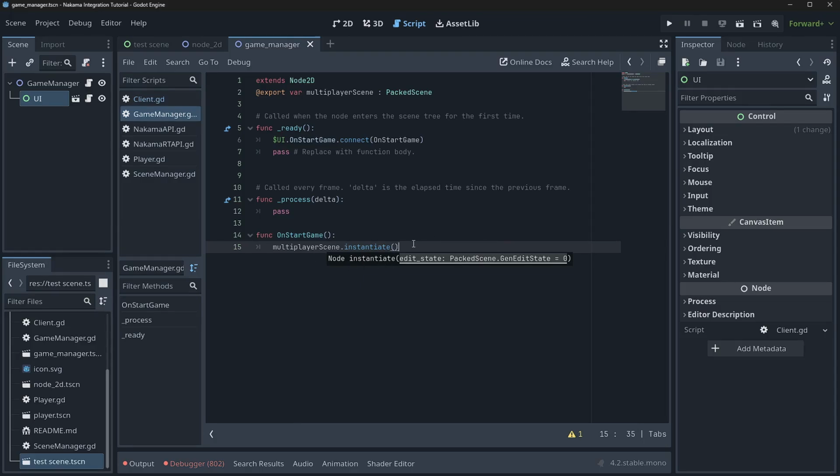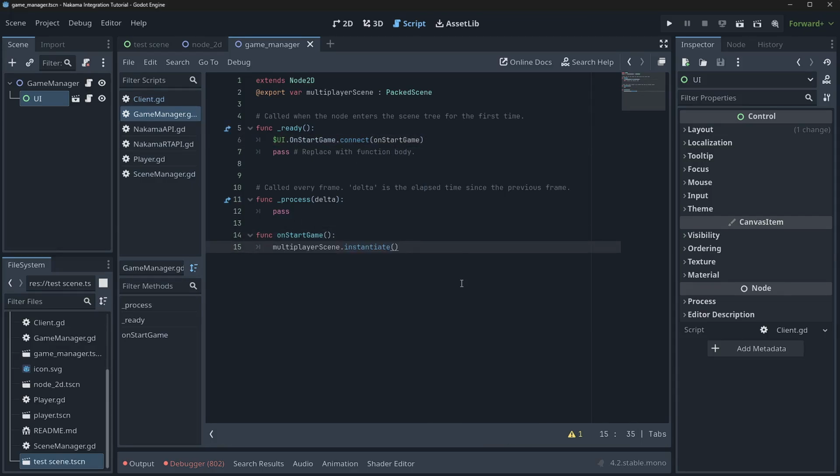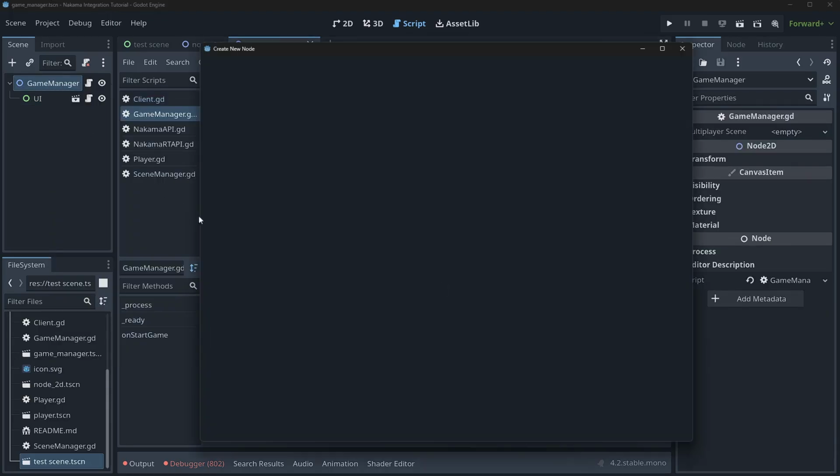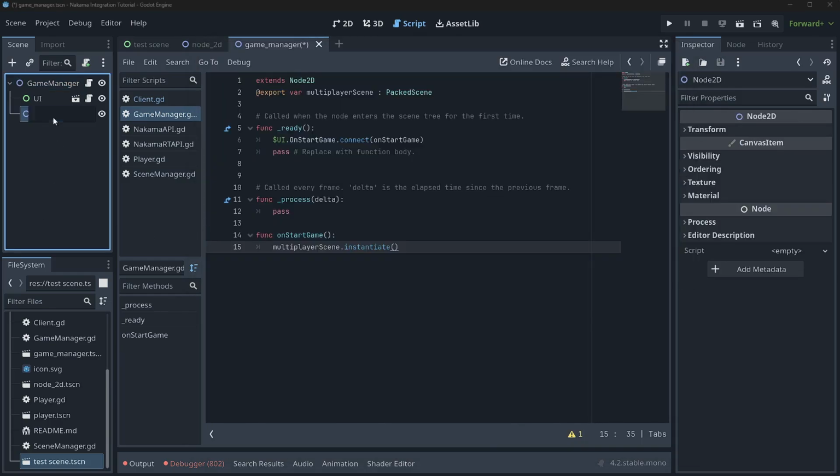And then in theory, and actually I should probably lowercase this O, so that way it defines it as a private function, if that makes sense. And then what we'll do is we'll right click our game manager. We're going to make a node 2D. We'll call it multiplayer